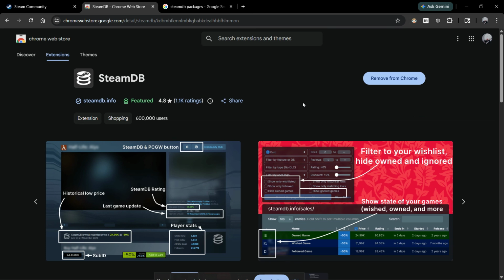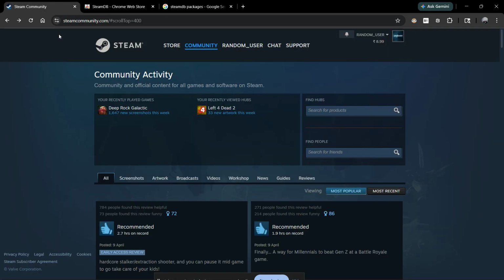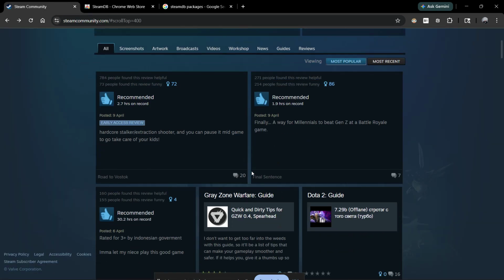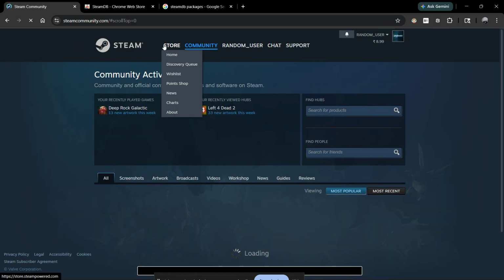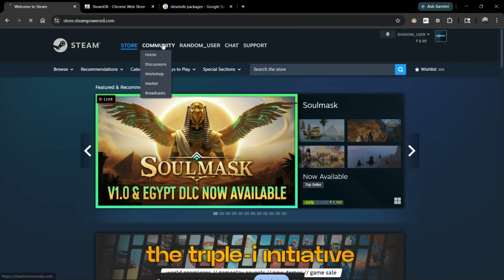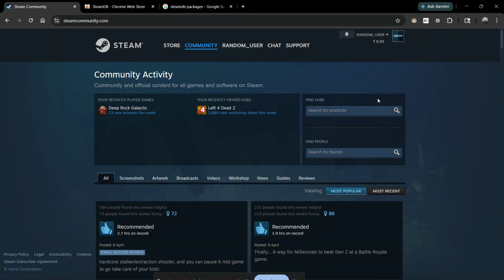Next, you need to sign into Steam in the same browser. This part matters because the extension works by using your active Steam session. Go to the official Steam store website and log in with the account where you want the free games and DLC added. Double check that you are signed into the correct account before moving on, especially if you use multiple Steam accounts. Now open a new tab and visit